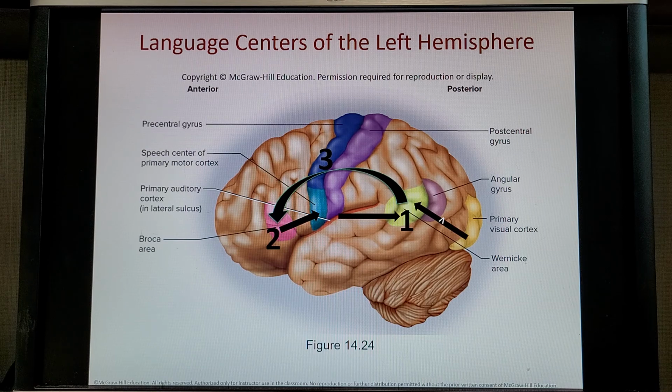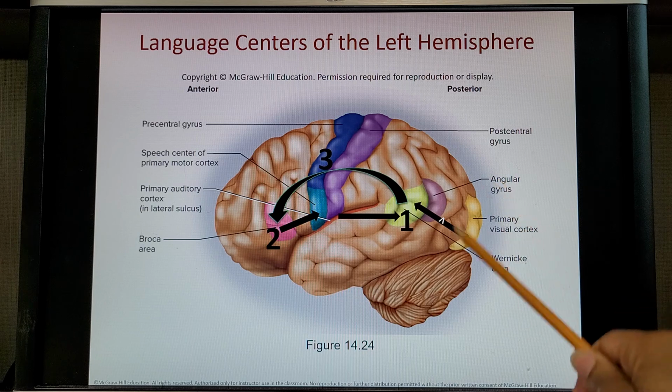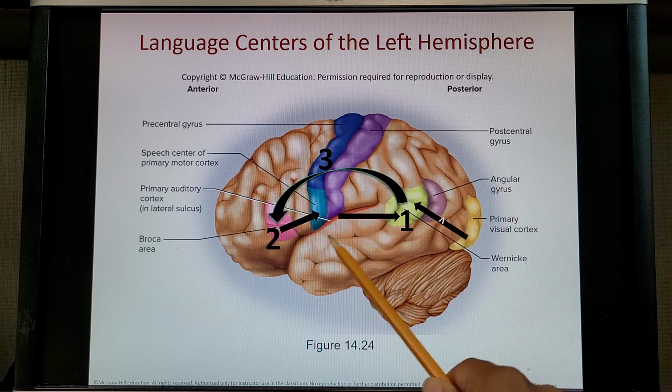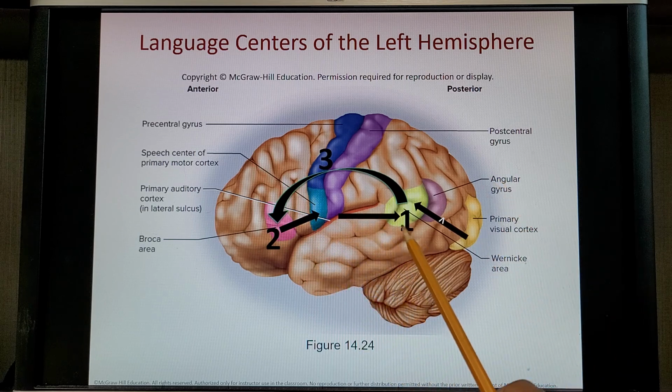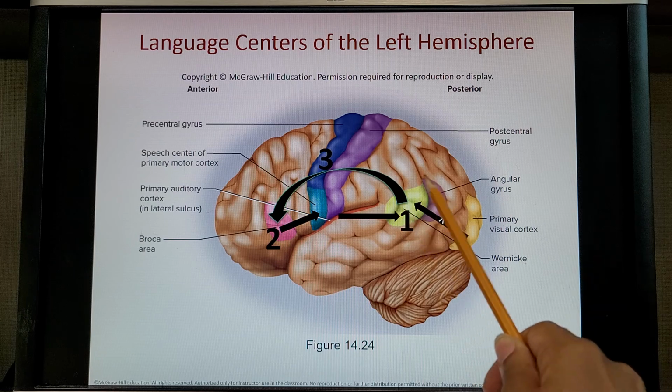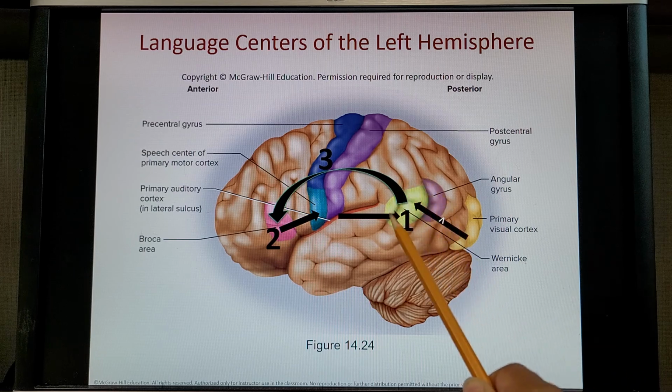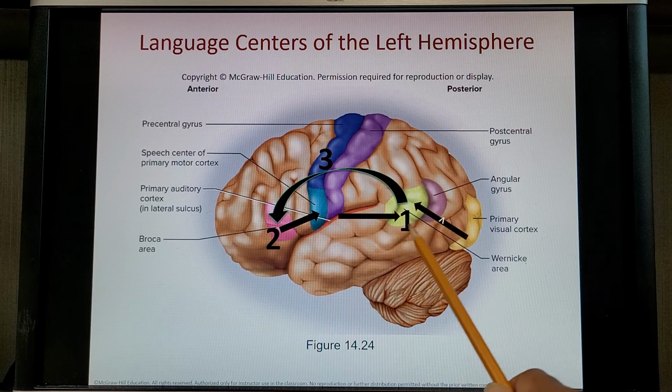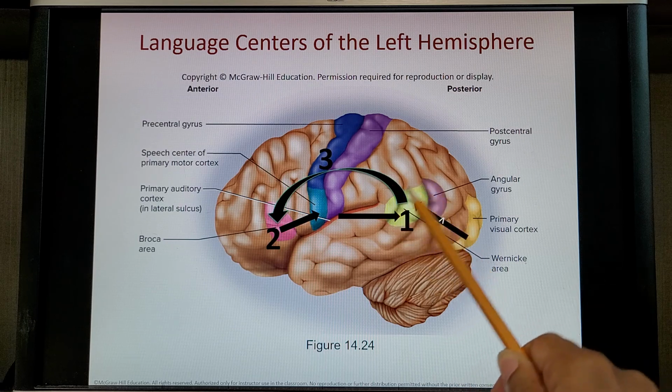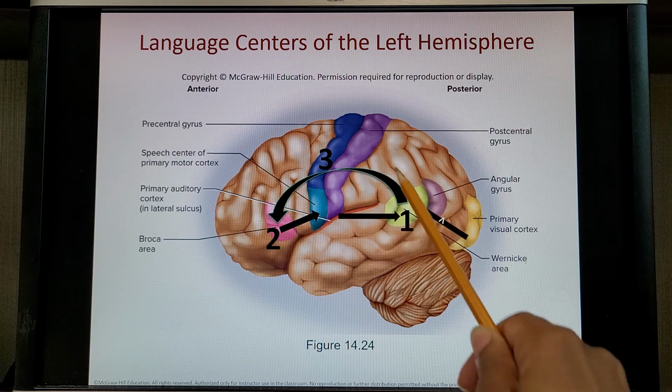So here's our pathway for language. We see language, or we hear language, and that goes to our Wernicke's area. This is where we process and understand words. So if we want to make a response, here's where we choose the words, and then we send it to